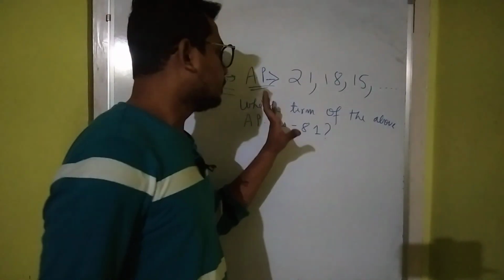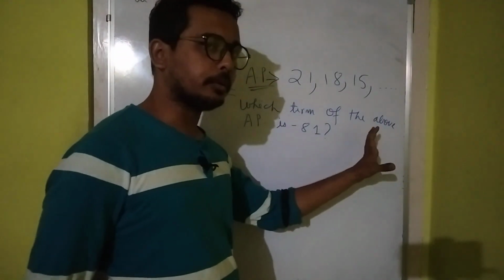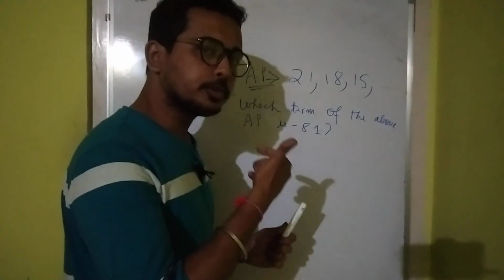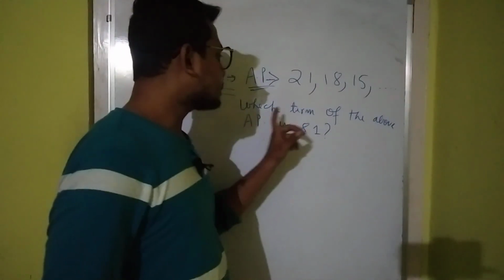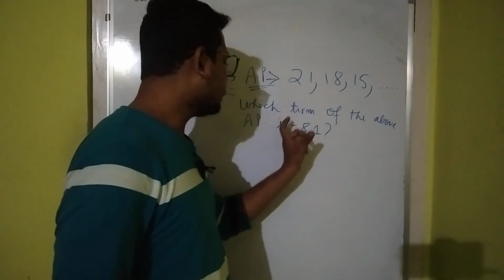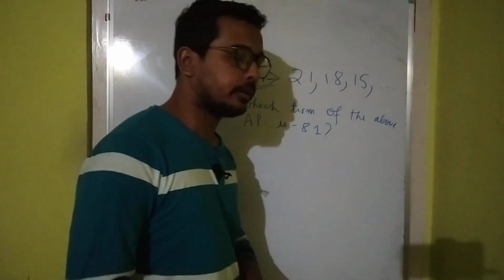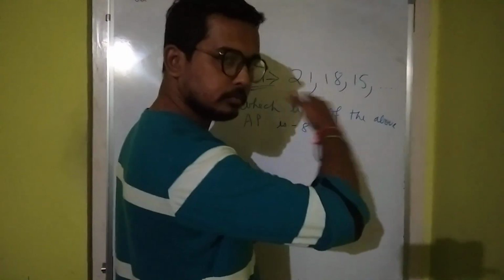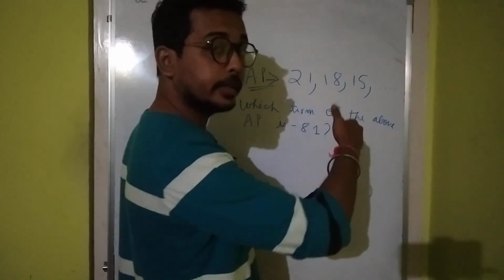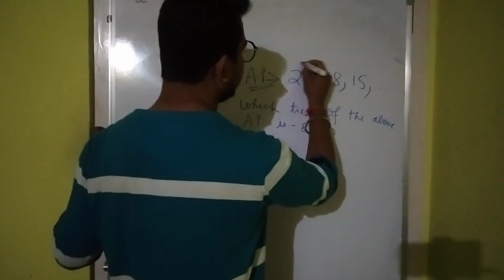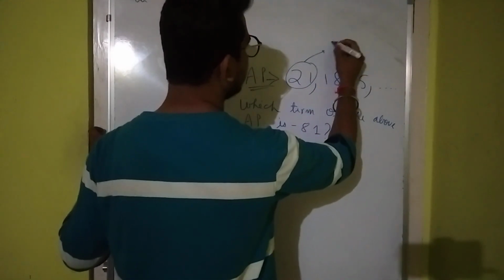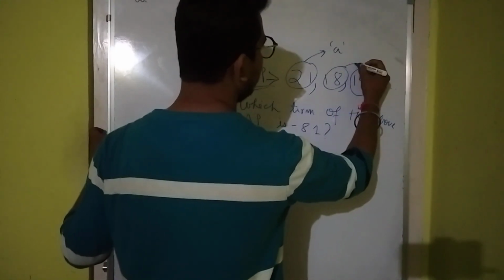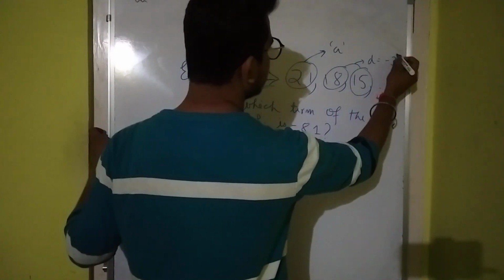सो देखो यहाँ पे एक एरिथमेटिक प्रोग्रेशन दिया हुआ है, एपी। पहला तो यहाँ पे क्वेश्चन क्या पूछा है उस पर गौर करो। Which term of this AP above AP is -81? मतलब ऐसे सीक्वेंस जा रहे, you can see the numbers are decreasing. The first term is 21, okay, and the common difference is -3।